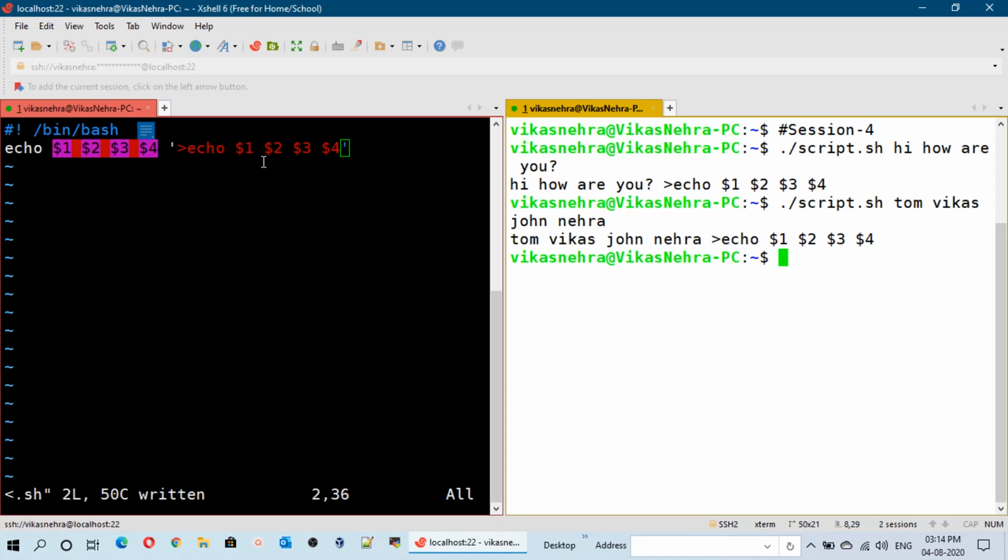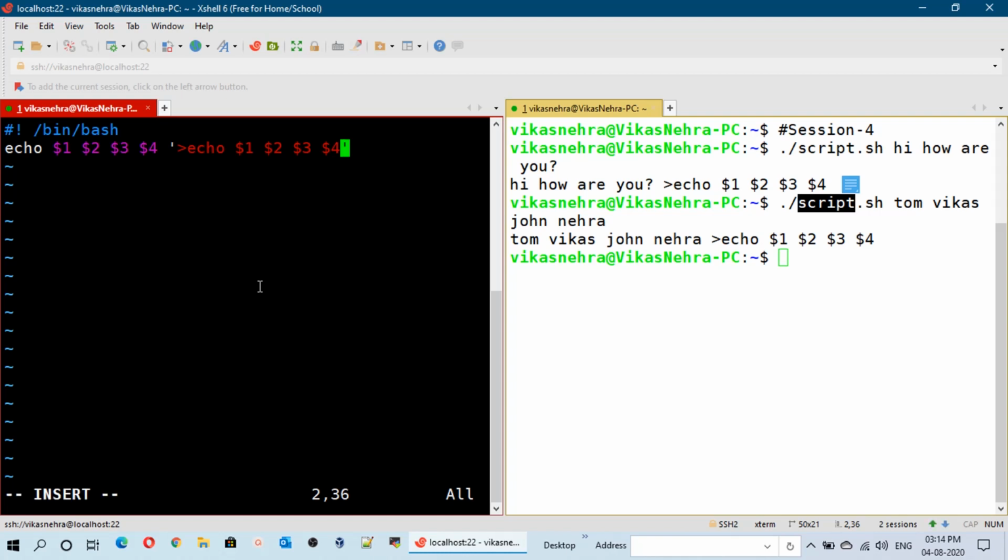As I have told you that system is using the reserved variables for the arguments. So the variables are starting from number 1, 2, 3 and so on. So what is the default variable 0 stores? Means for what the 0 variable is reserved. Actually that is reserved for the script name. So how can we call that variable? So let us see. Let's go on the left side of the screen, go in the insert mode, and here we will mention the variable that is $0, like this, and we will save the script again.